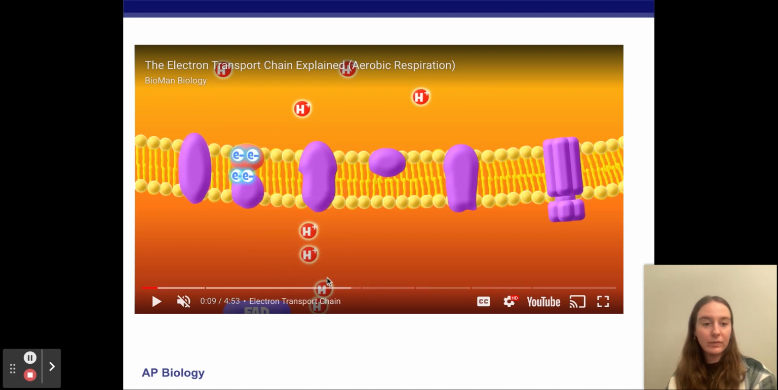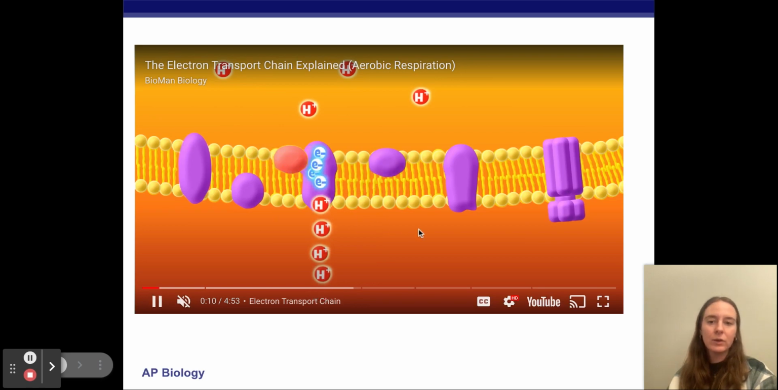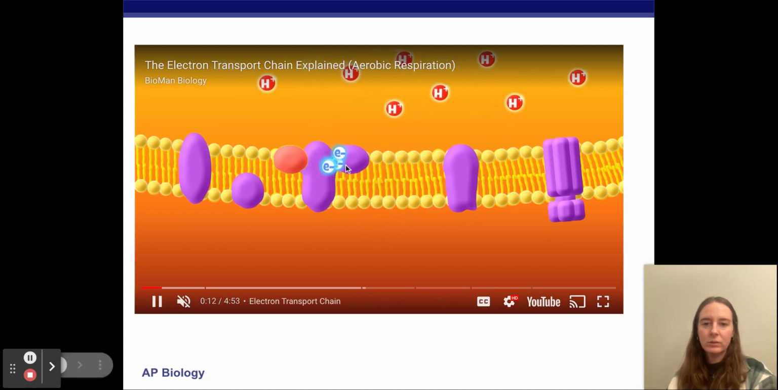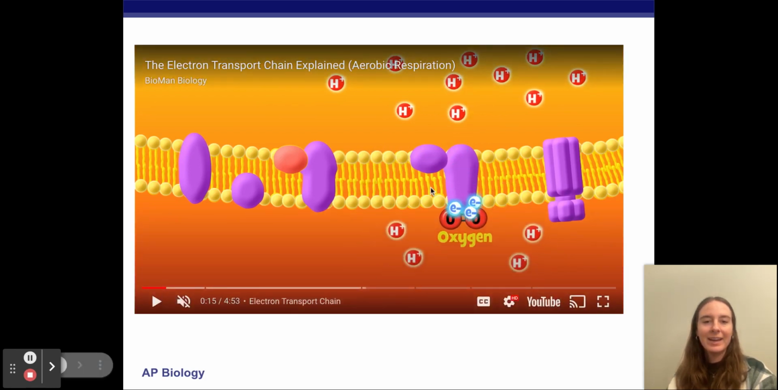Now we've lost those hydrogens, and those hydrogens are now going to be shuttled against their concentration gradient into the intermembrane space using the help, the energy of these electrons. So the whole point is for these electrons to help move these hydrogens out. Then they're going to be passed along here. It's going to be shuttling these electrons, transported to the next protein complex here. And we are going to shuttle even more hydrogens out until our final step here,